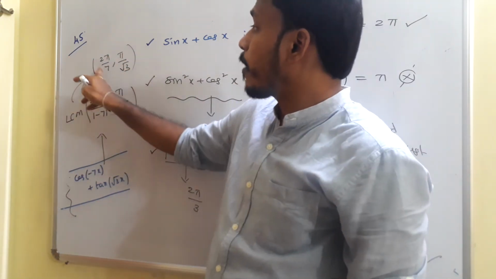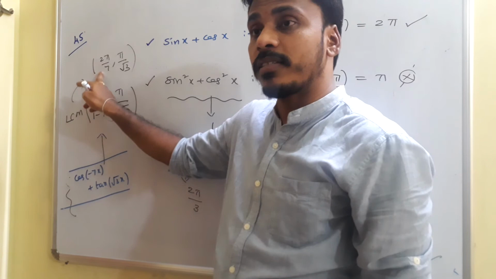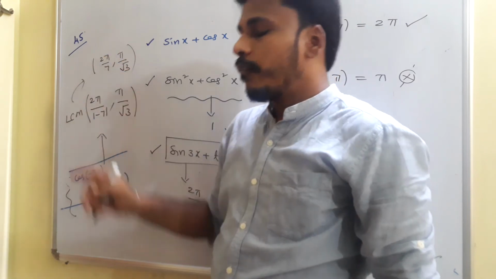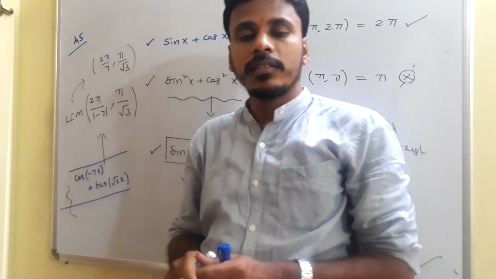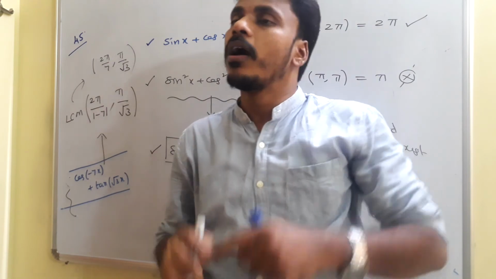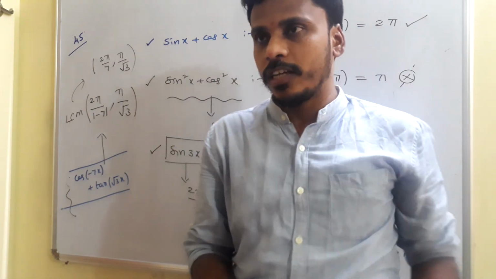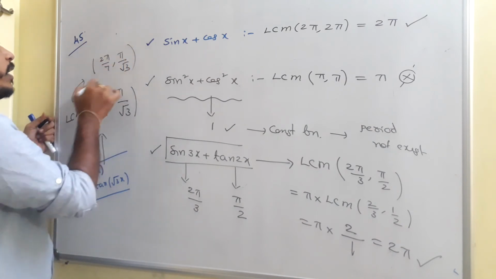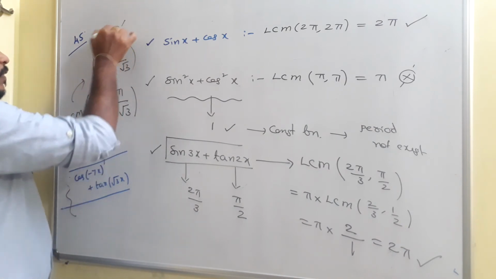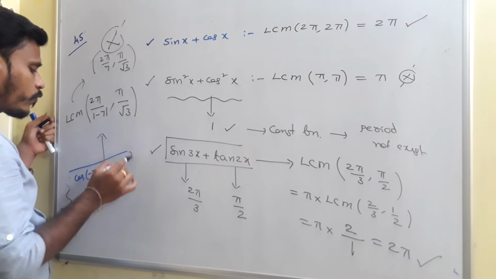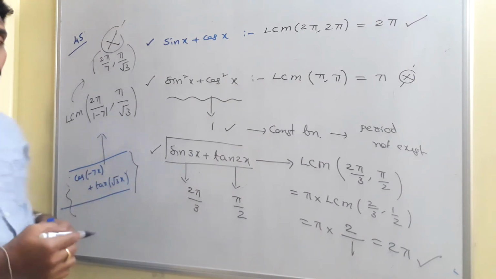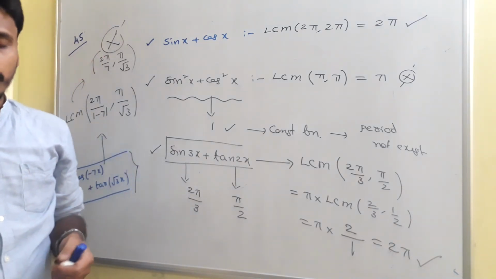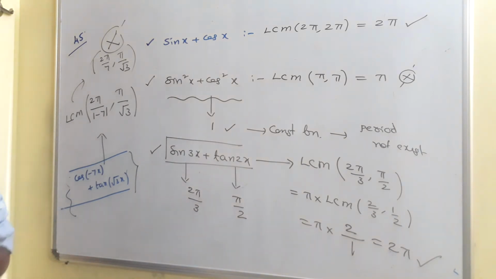But if you observe the remaining numerical values, this is 2 by 7 and this is 1 by root 3. We don't have any way to find the LCM of rational numbers along with the irrationals, okay? And that's why here it is not possible to identify any value. In the sense, the LCM of this function does not exist, and so the period also does not exist. So just have a look. This is something about the period, periodicity and periodic functions.